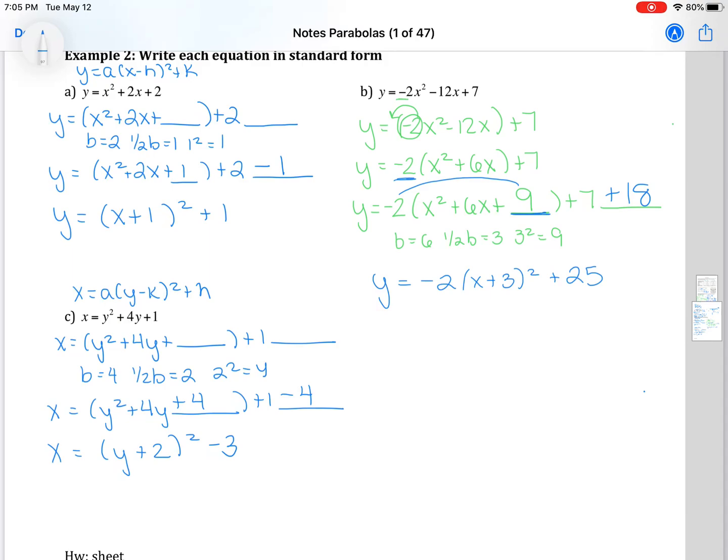Many people just write the -9 outside where the 18 was and forget that you have to make sure that you're distributing it to that -2 as well. So just be very careful when there's a leading coefficient. Even if you do the problems on the homework where it doesn't have the leading coefficient first, and then go back to the one